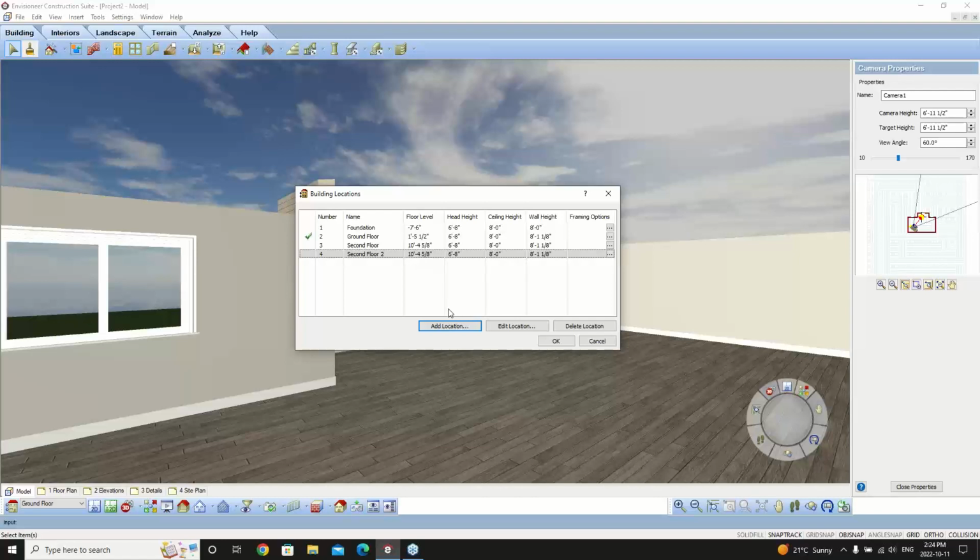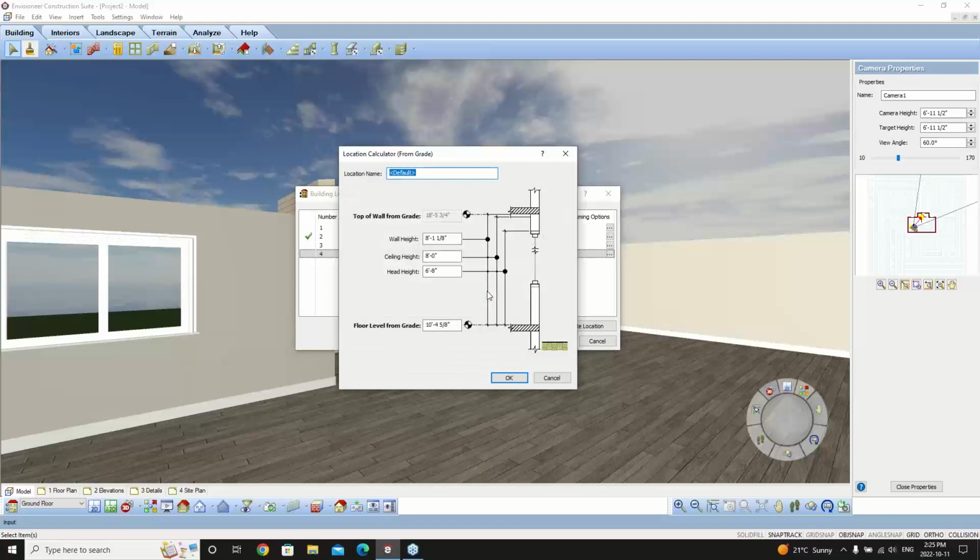The other option when we select the add location is the calculate from grade. And this is going to calculate the heights of the new location based on calculations from grade. The location calculator from grade dialog box has pre-populated values based on the grade. So if I select calculate from grade and I say OK, here is where I can start to add in new values. So maybe I want to do a detached shed or